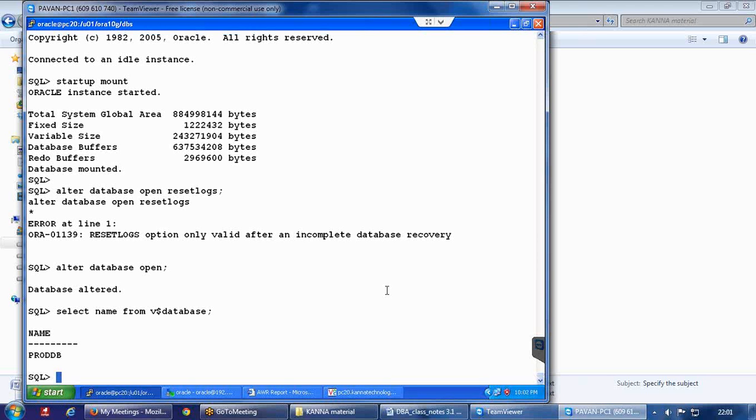Yes, both the methods, method 1 and method 2, will work from 8i onwards. Any other questions? Okay, so then